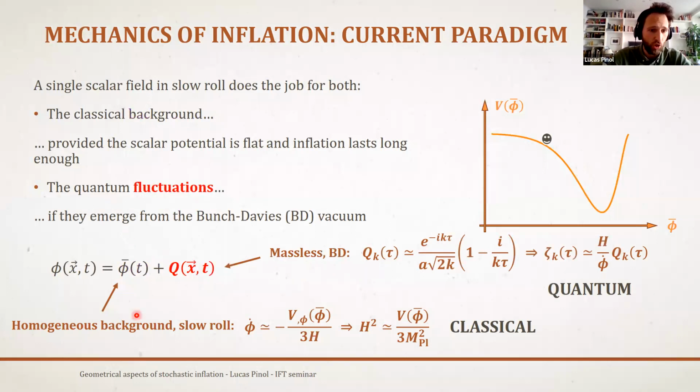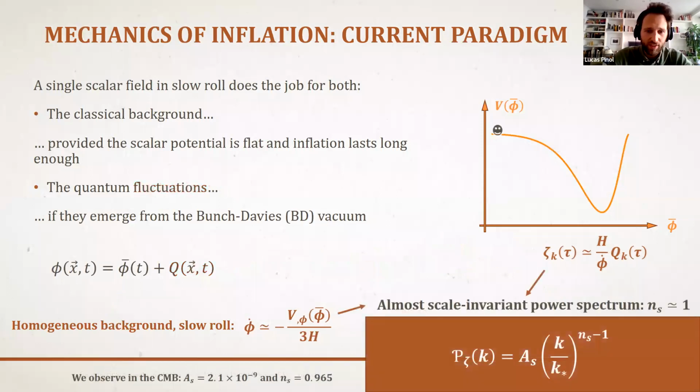So with those two ingredients, a homogeneous background in slow roll plus some quantum fluctuations that are initialized in the vacuum, what you can derive is the power spectrum of the curvature perturbation ζ. And if you do the computation, what you will almost always encounter with this hypothesis is an almost scale-invariant power spectrum. So it is a power law with a spectral index, which is very close to 1. Depending on the models of inflation, you will have slightly different values of n_s, which will enable you to discriminate amongst models of inflation given the observed value of n_s, for example, in the experiments.